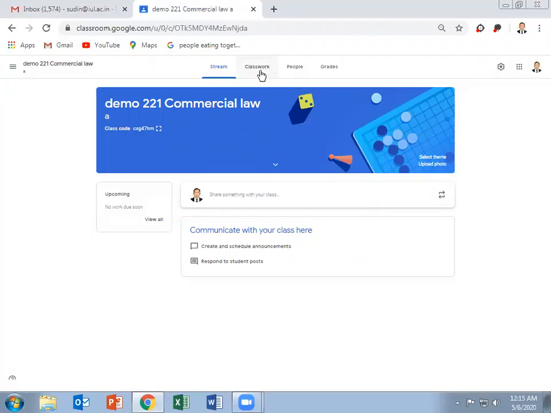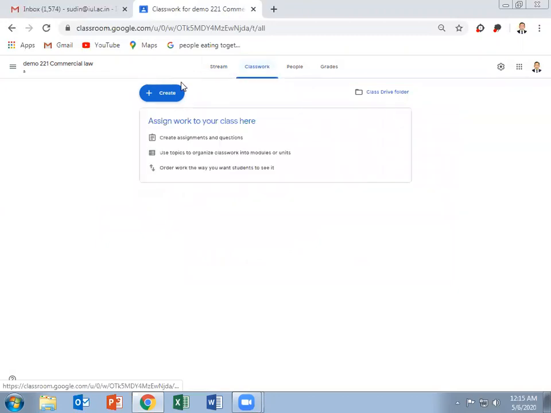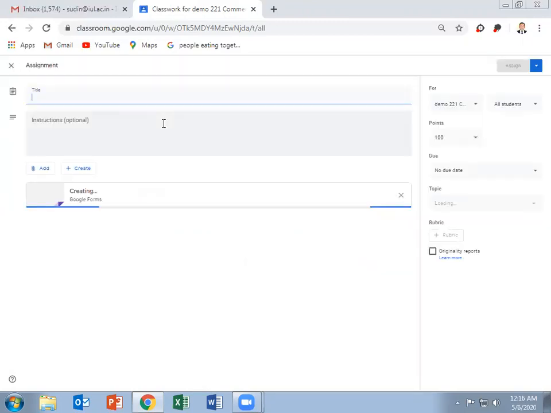So go to classwork first, right? To schedule an exam, we can see here the create sign. Click on create. Now click on quiz assignment.